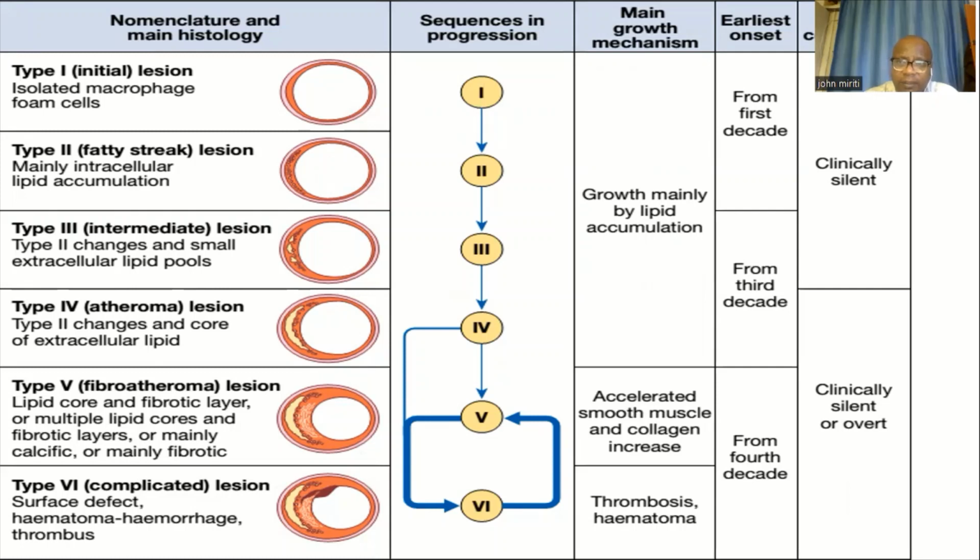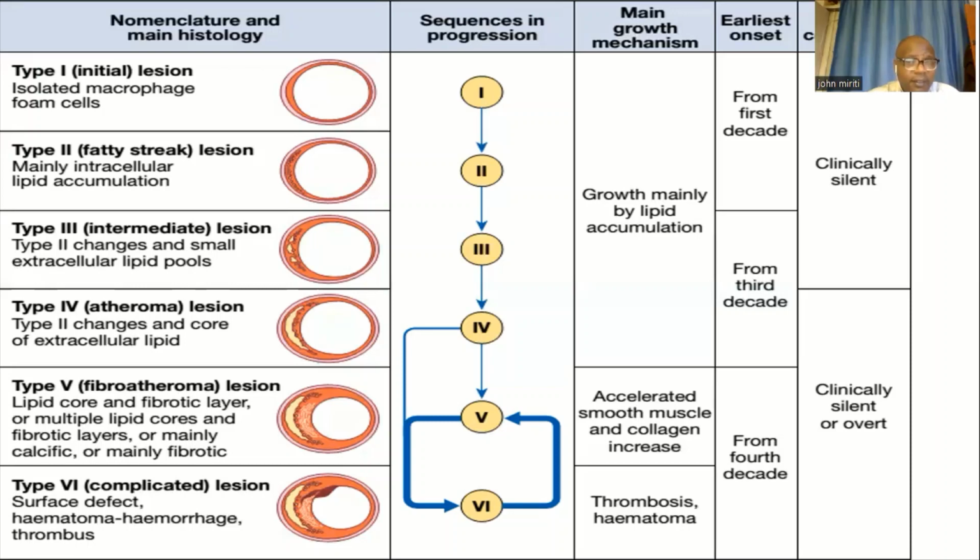In this patient, they are clinically silent, and it forms from the first decade. So there is type 2, where there are some fatty lesions, streaks, mainly intracellular lipid accumulations in the cells. This second stage grows mainly by lipid accumulation, and it can happen from the first decade